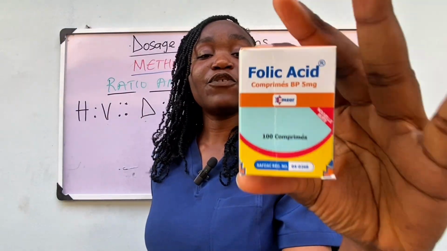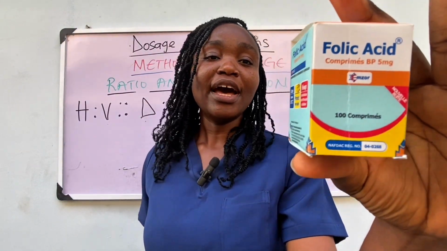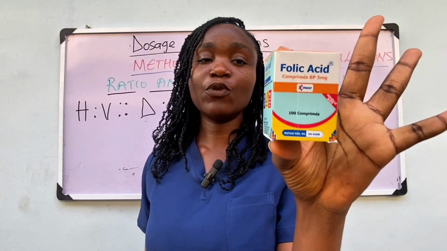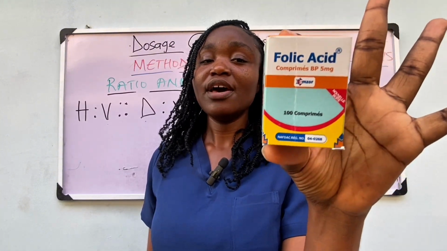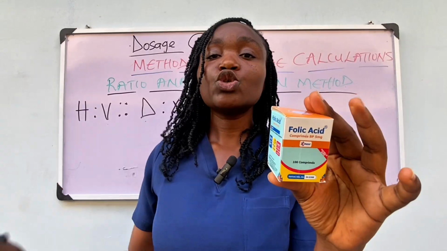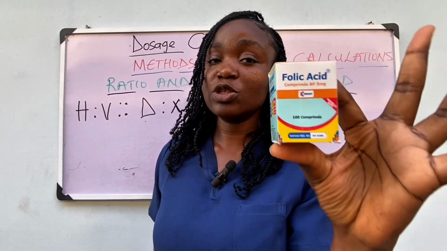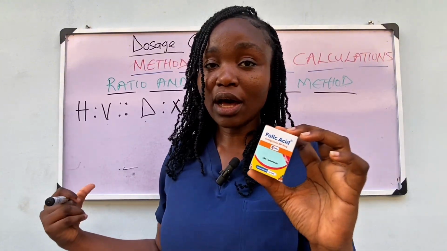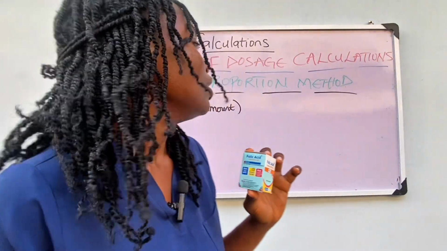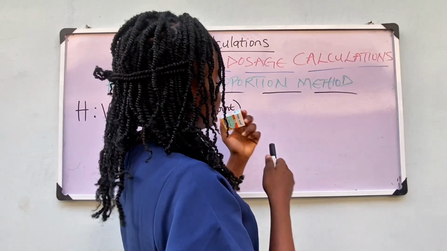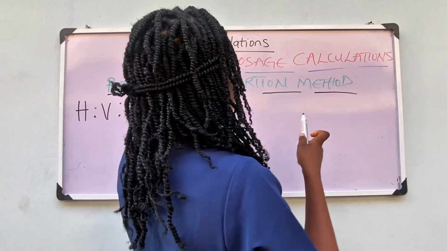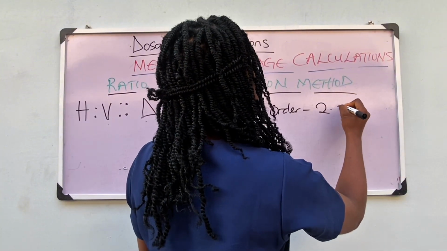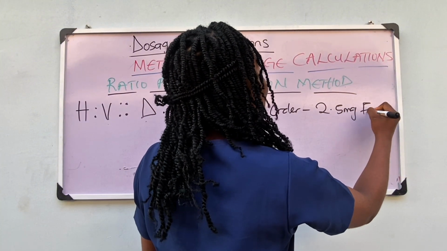Okay, so this is a folic acid tablet medication, and we can see here, according to the drug label on this package, that one tablet contains 5 milligrams of folic acid. 2.5 milligrams of folic acid was prescribed for this patient, and obviously we have to input our figures to begin to solve. So the order for this patient says: give 2.5 milligrams of folic acid. Okay,